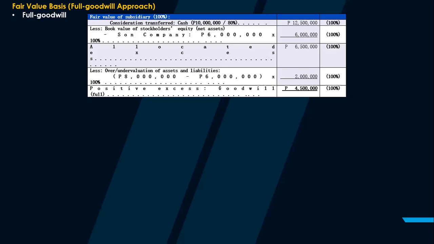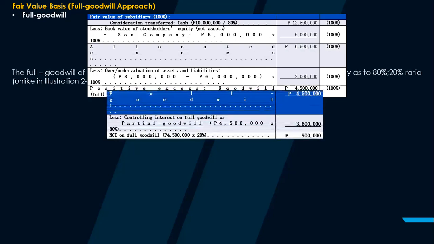We have now the positive excess as goodwill of 4.5 million, and the controlling interest on full goodwill of 4,600,000, and we now get 80% or 3.6 million. We have down the non-controlling interest on full goodwill equal to